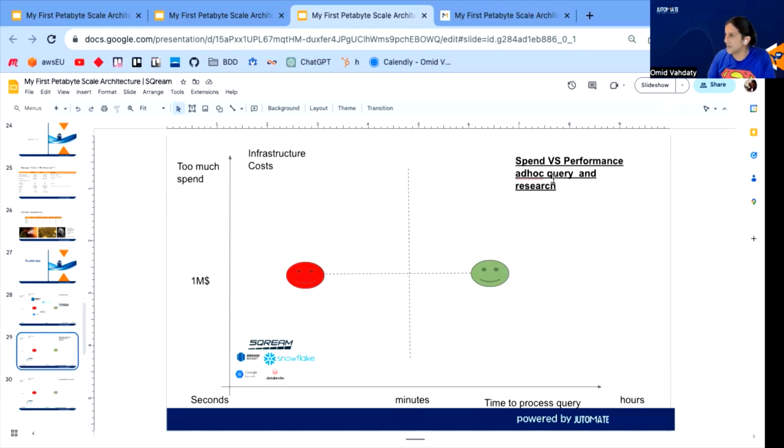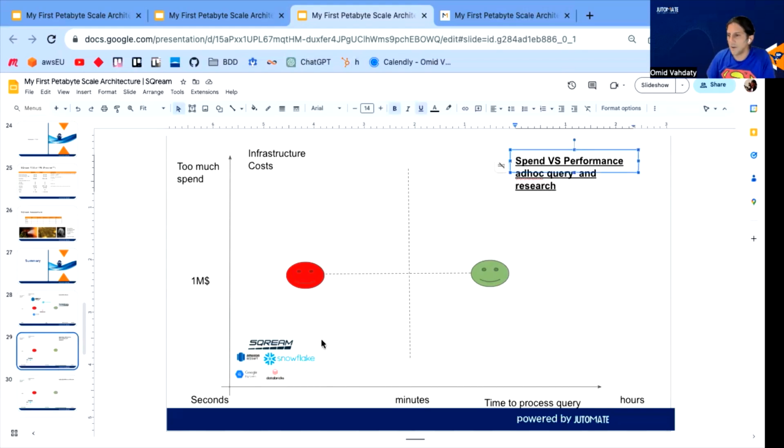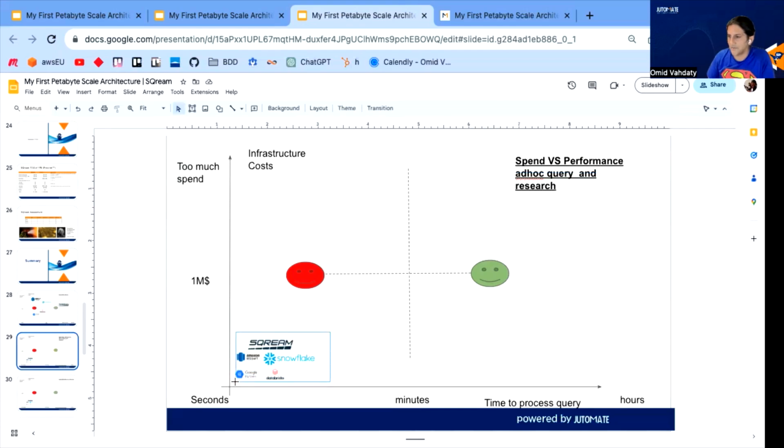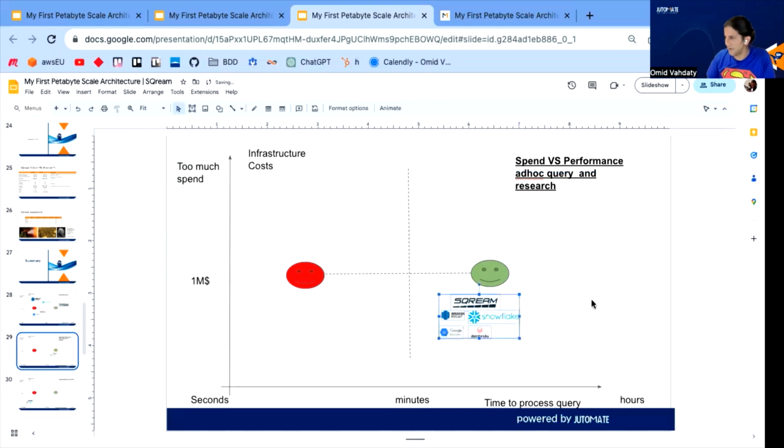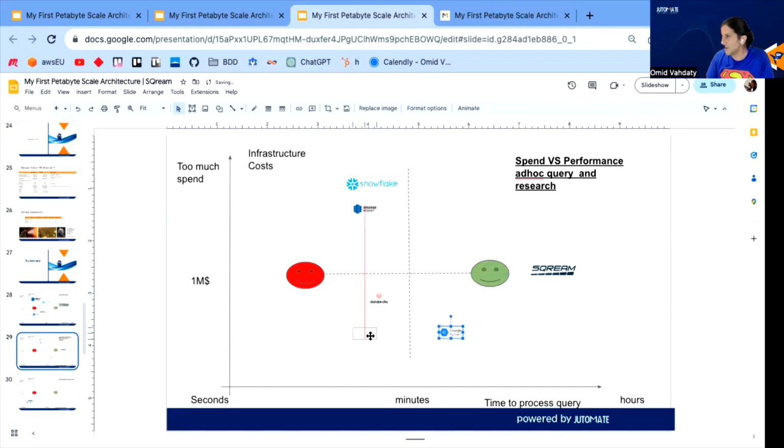If you're talking about ad hoc query, you're talking about the hours. So this means you need to put this one here, and Snowflake would be expensive, and Redshift would be expensive, and Databricks, BigQuery would make sense over here. Meaning achieving the same performance target would cost more here, less here, but this will scale for more data in the same